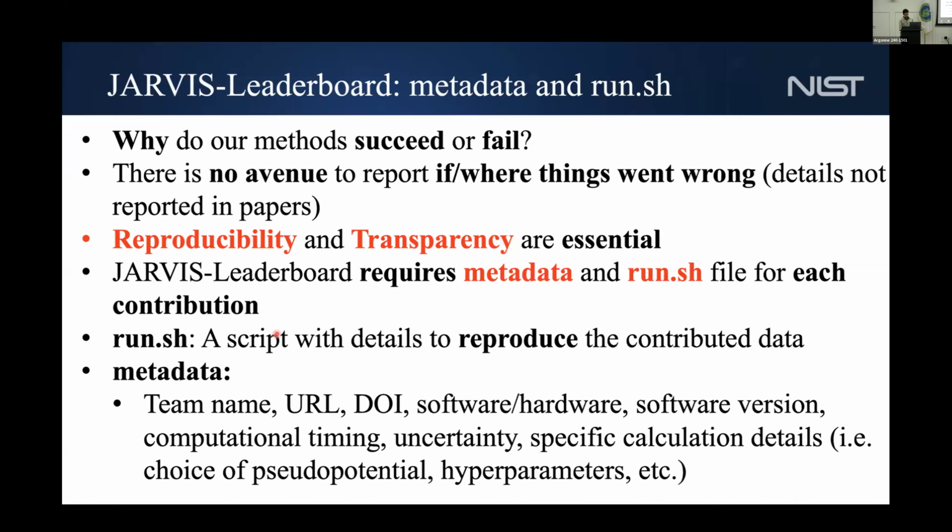So we want a file in there where it doesn't have to exactly reproduce the file. I know this is difficult in QMC because there's a lot of steps to it, but we at least want the workflow or the procedure of how you got that number. And in the metadata, we want things like your team name, URL, a DOI associated with each quantity,